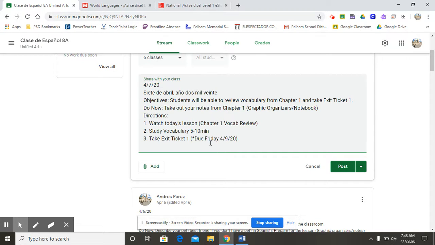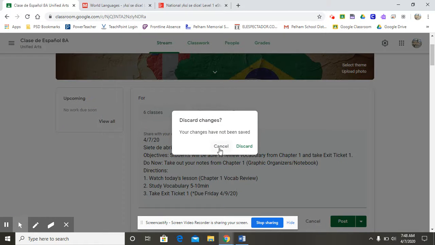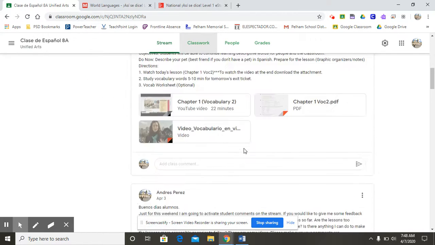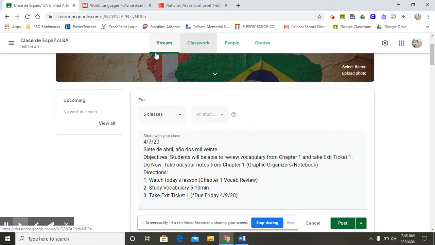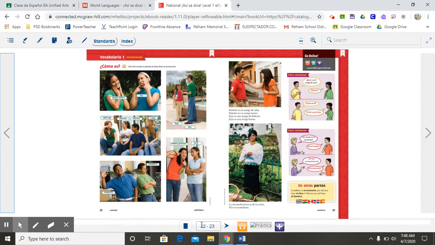Also, just because I put the due date here, you also want to keep an eye out right in this little corner. I'm going to assign your exit ticket here on the classwork. So when you go to classwork, you'll see your assignments. You should see the pre-assessment and you will see the exit ticket number 1 there. All right. You don't have to keep scrolling through the stream. Keep a lookout here. All right, let's review. So this was the first part of the vocab. So I'm going to show you exactly what you need to do.